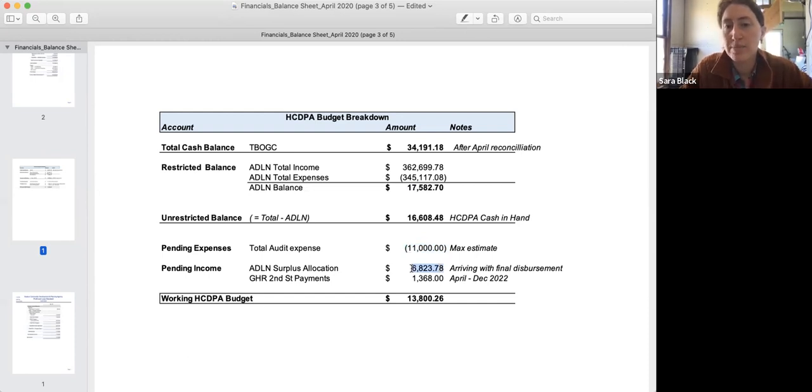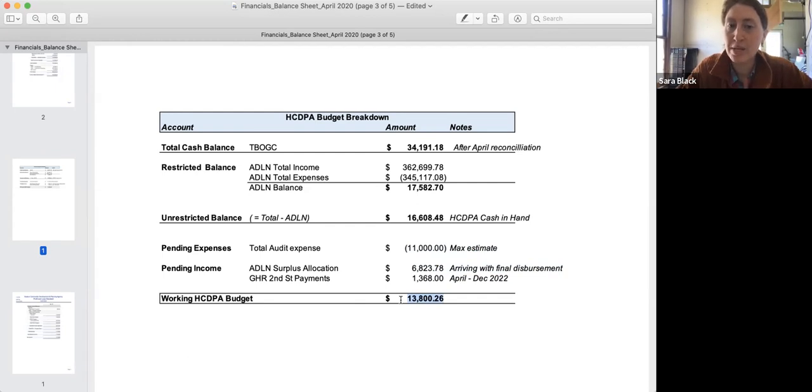And so $6,823.78 from the grant money will be reserved just for HCDPA as sort of compensation for overall hosting the grant. And then we're also expected, between now and the end of the year, to continue to receive about $1,300 worth of loan payments from Gallivan Housing Resources, which means, subtracting the audit and adding these expenses from here to the end of the year, we have about